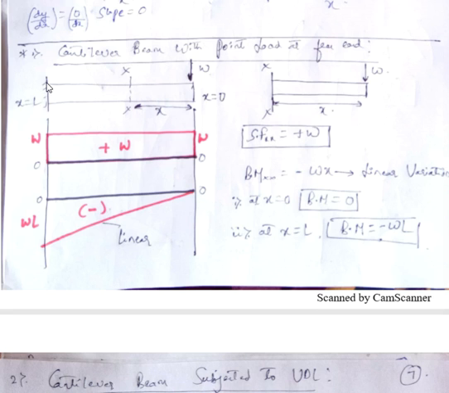So this section is the most critical section when it is subjected to bending moment, because maximum bending moment will be at this cross section, and when the bending moment is maximum, bending stress will also be maximum at this cross section. So when you are designing a cantilever beam subjected to point load at the free end, you need to consider this section as the critical section. If this section is safe, then all the remaining sections are safe. This is about the shear force diagram and bending moment diagram for a cantilever beam subjected to point load.